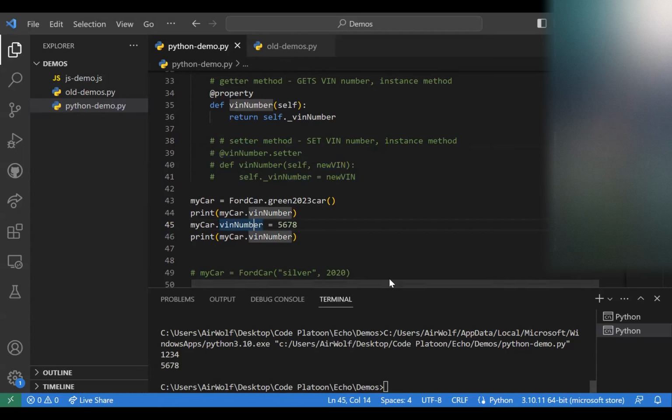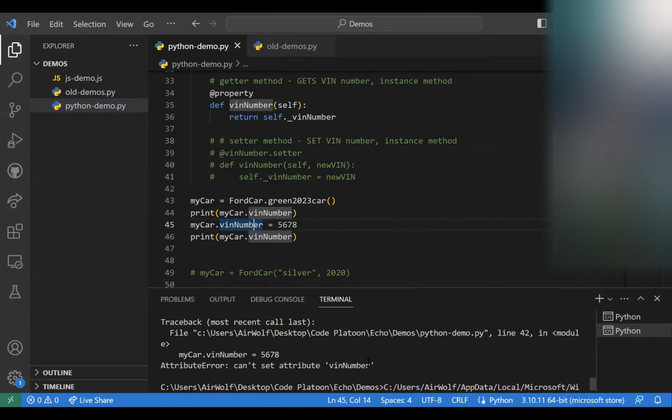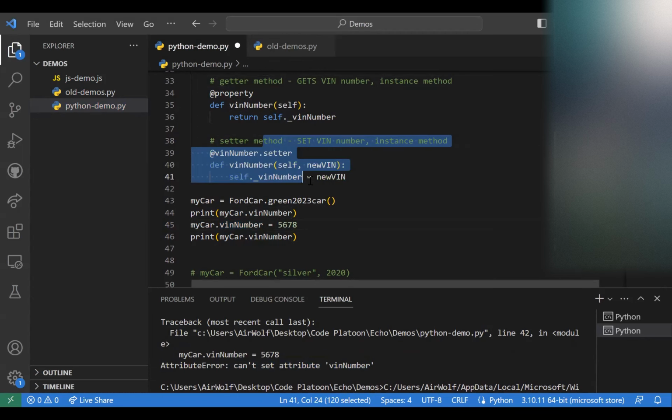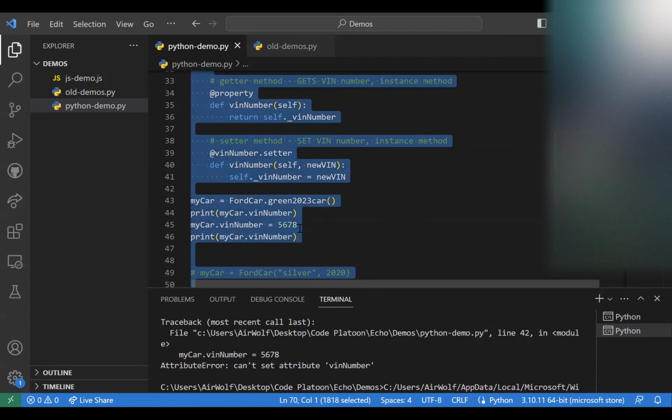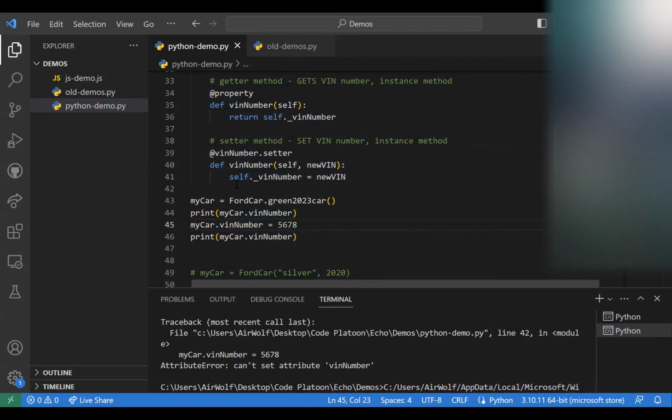So remember how before we had this setter method, I said that this my car dot VIN number like that wouldn't work, because it says you can't set the attribute VIN number because it's a property and that only had a get method. Well, now that we have a set method for that property, this my car dot VIN number equals 5678. If we run that, and I'll go back to our VIN number here,